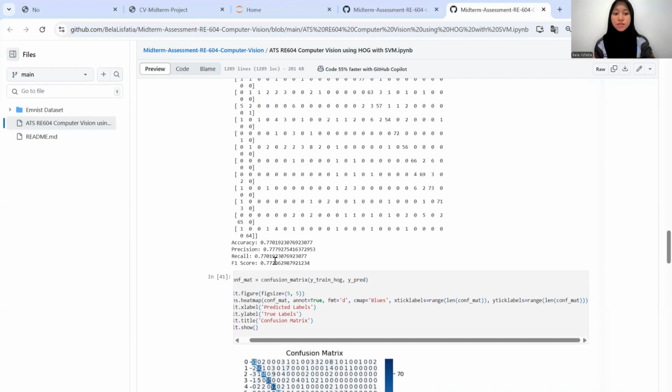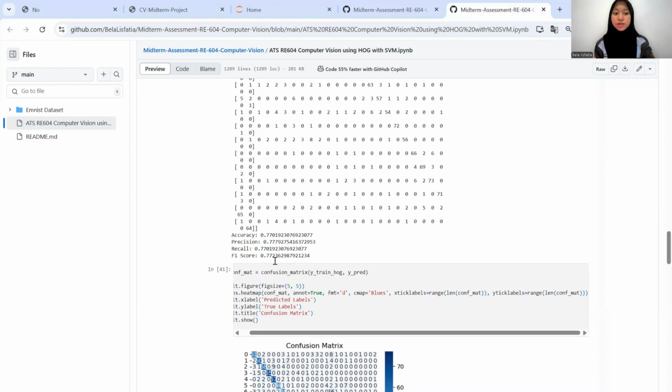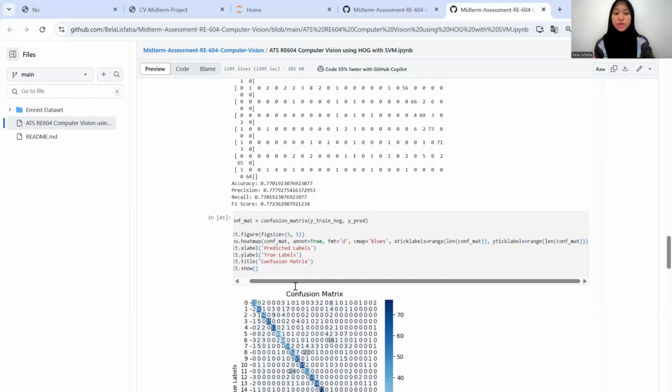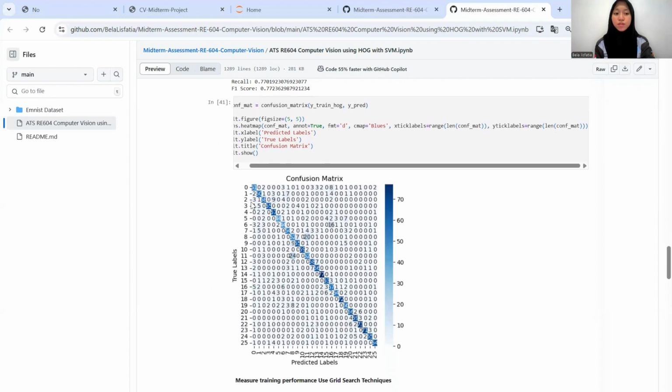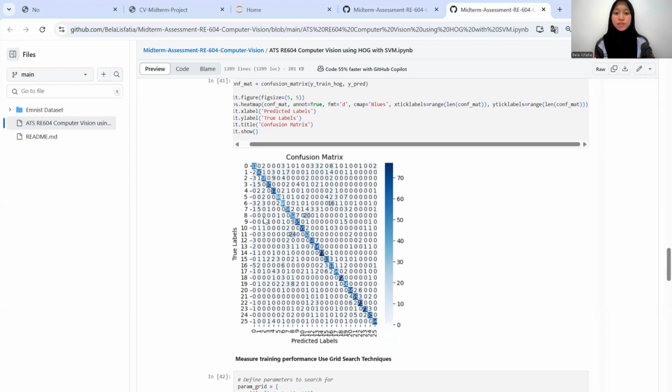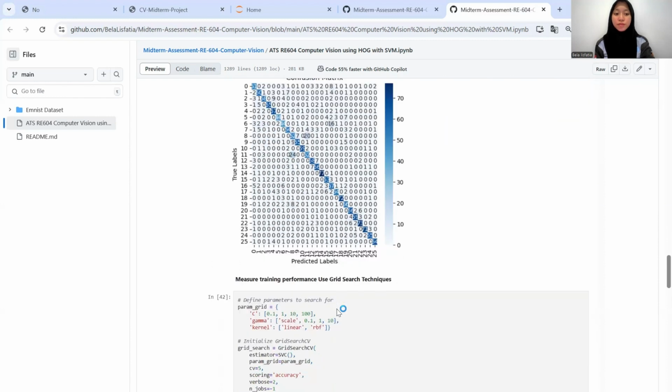It means still 77%. And then we can plot the confusion matrix to know the correlation between true labels and predicted labels from the training data. This is the correlation between true labels and predicted labels.